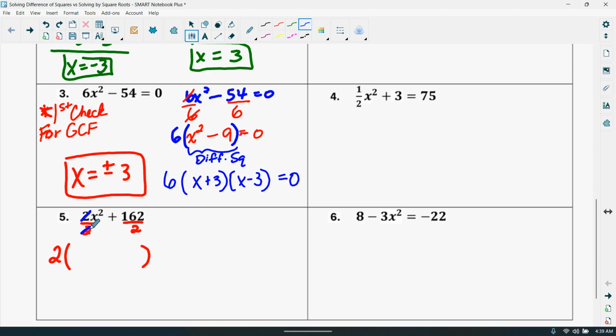So the 2's will cancel here, leaving me with just x squared. Then I have a plus sign. The 162 would simplify, giving me an 81. And I don't know if y'all noticed something here, but I'm stopping because yes, I could take the square root of this x squared, and I can do the square root of 81. That's 9. But right off the bat, I see a plus sign, and that's indicating that it's not a difference. It's not subtraction. So because this is not a difference of squares,